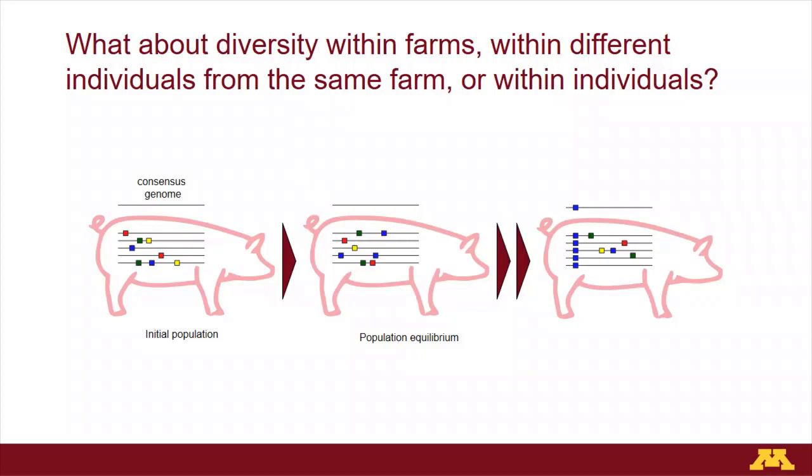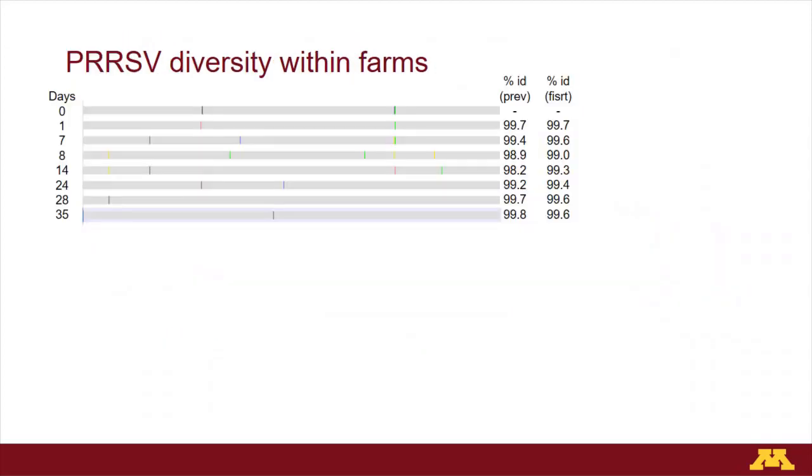So within one farm over a different period of time, within individuals from the same farms, or even within the same individual over time. So in this case, as before, we are looking only at the consensus genome, and we want to see if we can capture that change in the consensus genome. So again, we looked at the AIM-SHIMP data set, and we selected farms that had at least 5 samplings from the same farm with up to 30 days apart from each collection point.